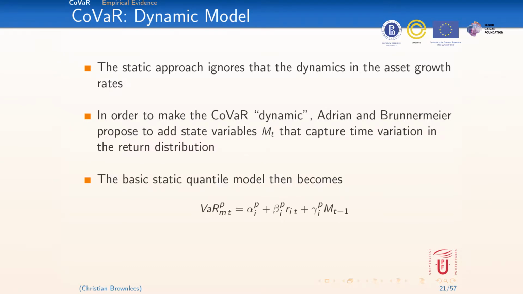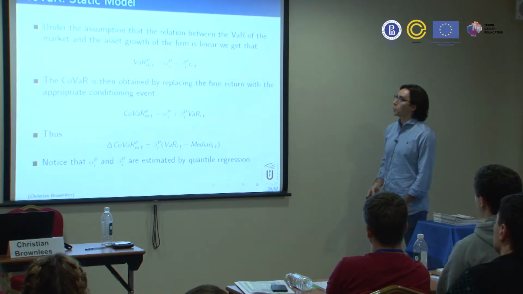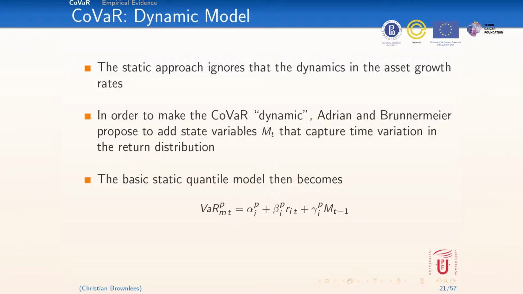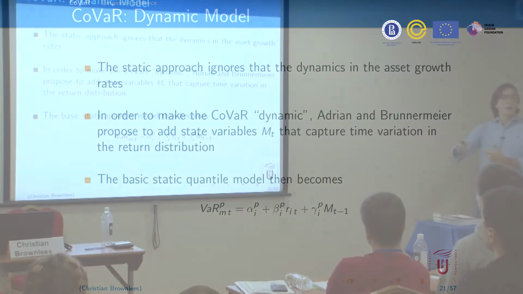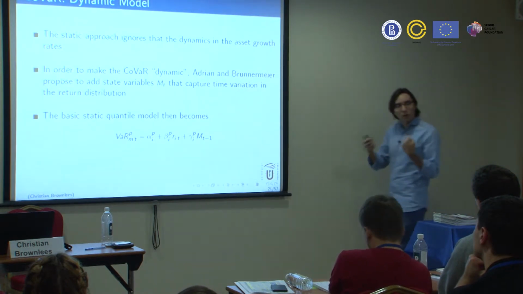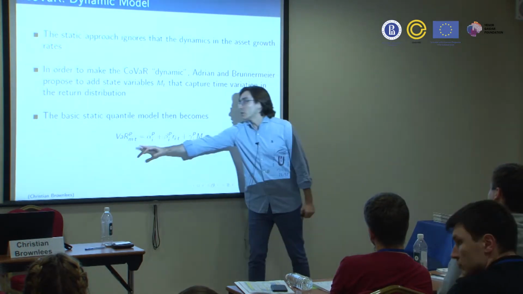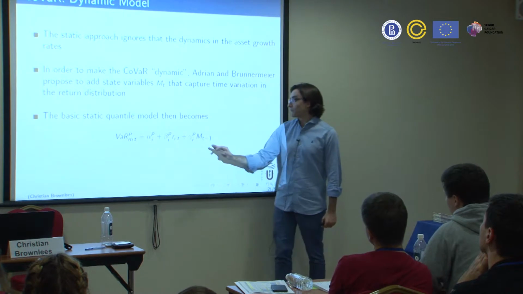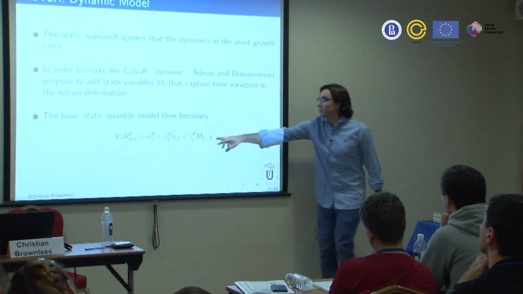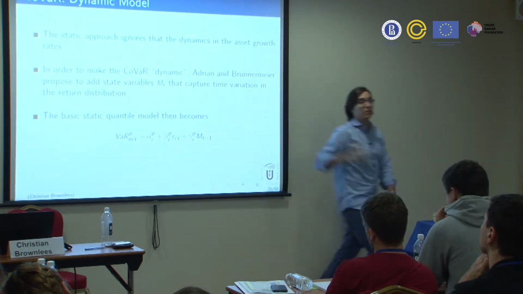All they do is use a trick that people in the finance literature sometimes use. They augment the quantile regression that I showed you here using a vector of state variables, which I'm denoting by M. This could be some vector of the overall degree of volatility in the market, some kind of credit spread, you name it, some variable that you think captures the overall degree of risk in the financial system. In their application, when they look at how VaR evolves over time, since this vector changes over time, this allows you to see how the CoVaR of the system changes over